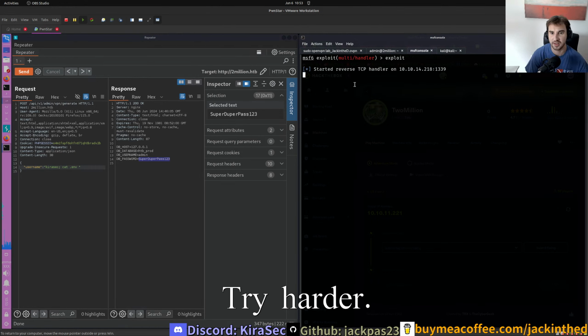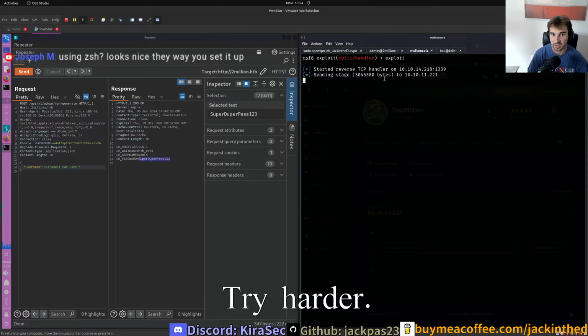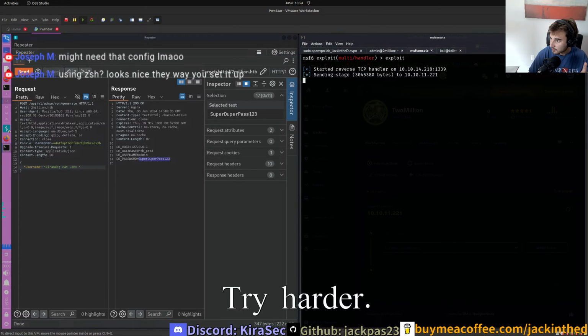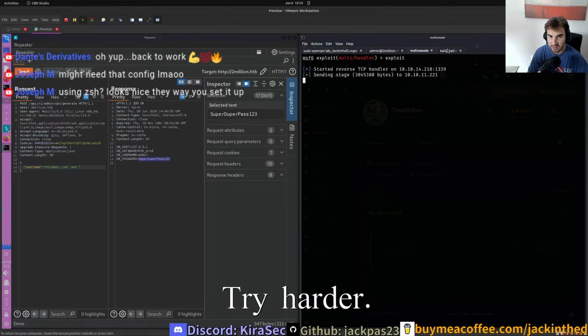So Stager, I think, should upload, sending stage. So hopefully we get the Metasploit. Yeah, here's the Stager. Yeah, dude. We did, maybe I need to use a stageless because,